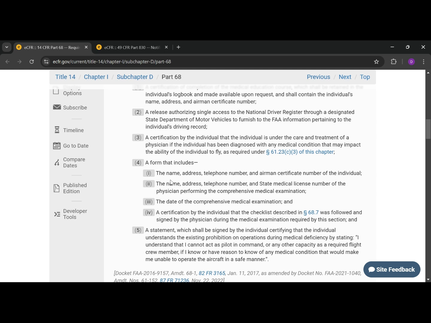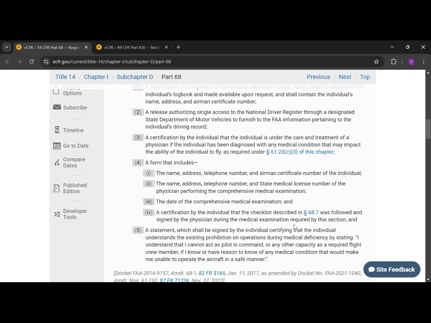A form that includes the name, address, telephone number, and airman certificate number of the individual, the name, address, telephone number, and state medical license number of the physician performing the comprehensive medical examination, the date of the comprehensive medical examination, and a certification by the individual that the checklist described in 68.7 was followed and signed by the physician